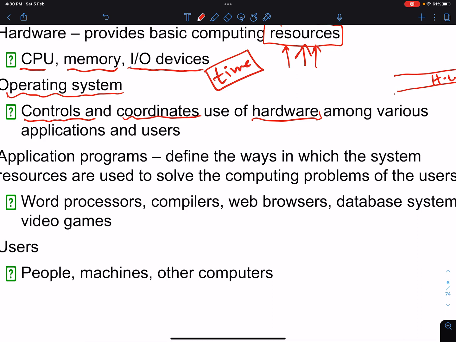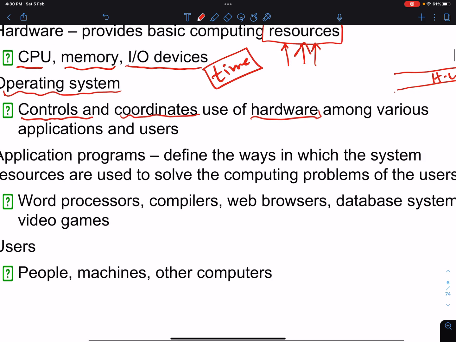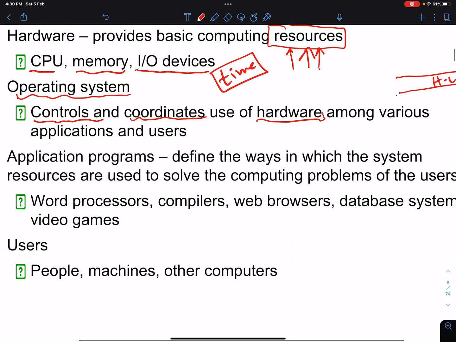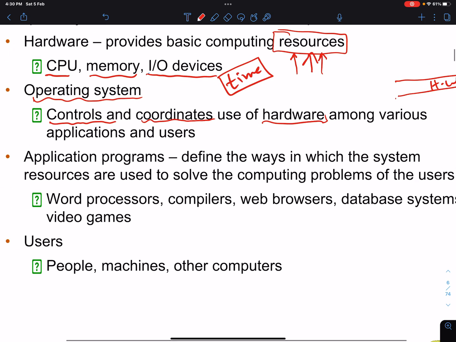Throughout this course, don't think about the hardware and the system in general as a single user. No, we're not going to be dealing with a single user. You have many users literally accessing the hardware at the exact same moment. So the problem is much harder than what you think.